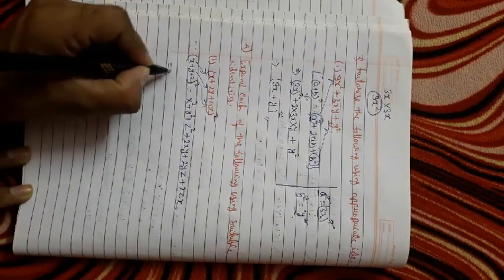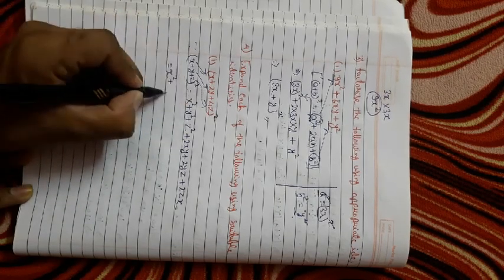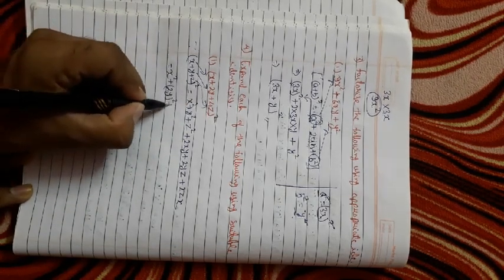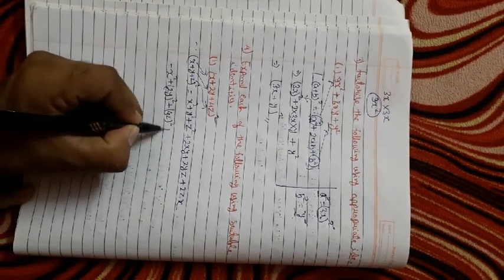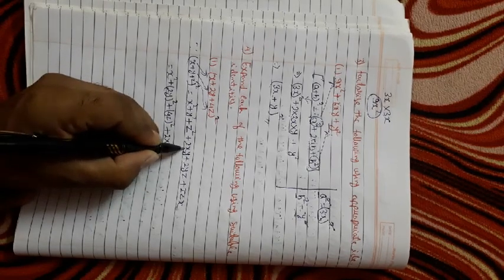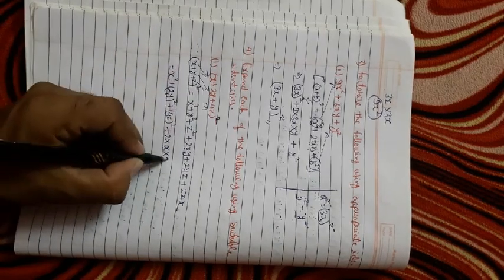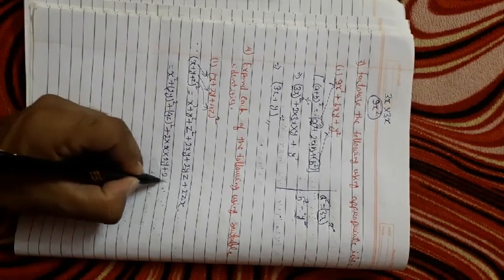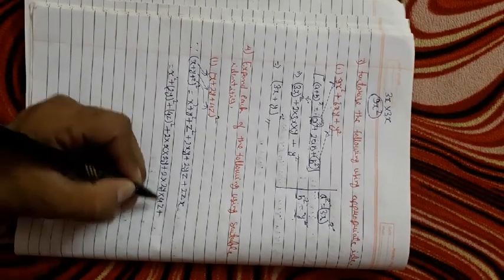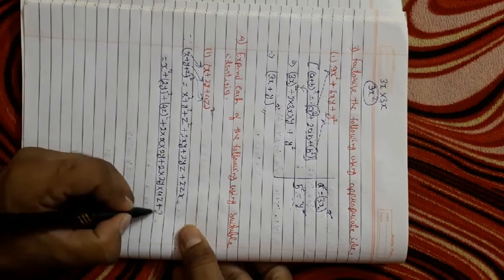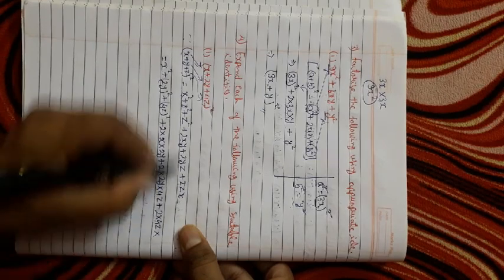So first we have x square, means directly we'll take x, plus next y square, instead of y we'll take 2y, so 2y whole square. Next we have z square, so instead of z we'll take 4z, so it will become 4z square, plus 2xy we have, so 2 into x means the same thing, we'll take x, into y we have 2y, plus 2yz, 2 into y is 2y, into z we have the last term 4z, plus now we'll take 2 as it is, and 2z, instead of z again we'll take 4z, into last x, so instead of x, x.